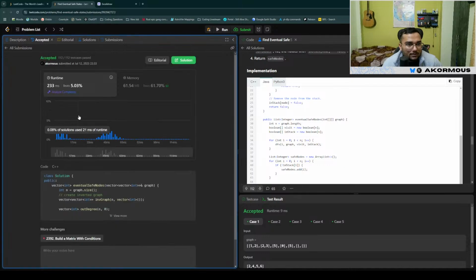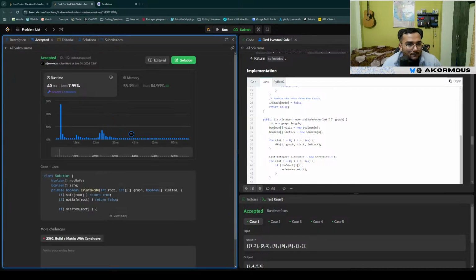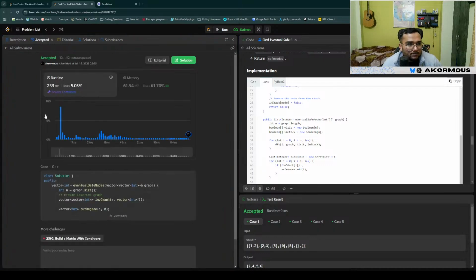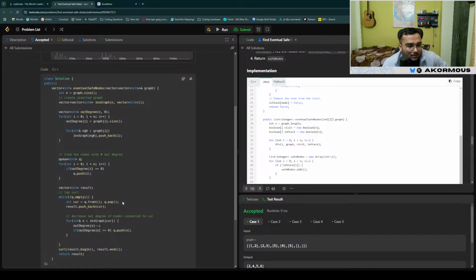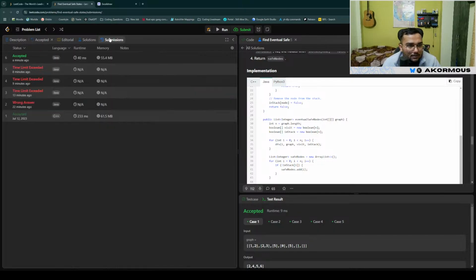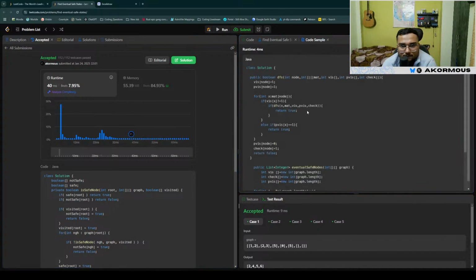Okay, I've already done this question with a similar time complexity here, and this was C++. What was my code? In degree, out degree. What's the best solution? Let's see this solution. What is this? If visited,